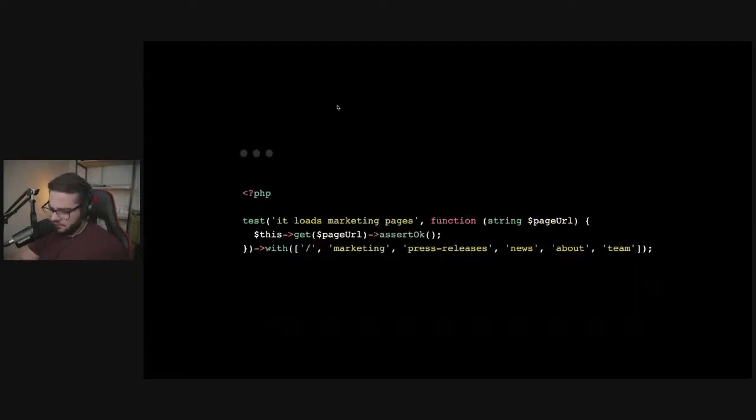So here's an example that I wasn't going to include, but I think I should. Sometimes you have static pages on your app, and I'm saying this because it happened to me on a team I worked with. A typo can break a page. You might have a wrong method. You might have a missing object. So with datasets and PEST, you might have seen this being called smoke testing, but you can make this kind of test real quick. You just pass a dataset with the path of some pages, and you can have a test running in, what does it take me to write this? 1 minute, 2 minutes, making sure those pages load, including the home page, which is probably the most important page of your application. So simple test.